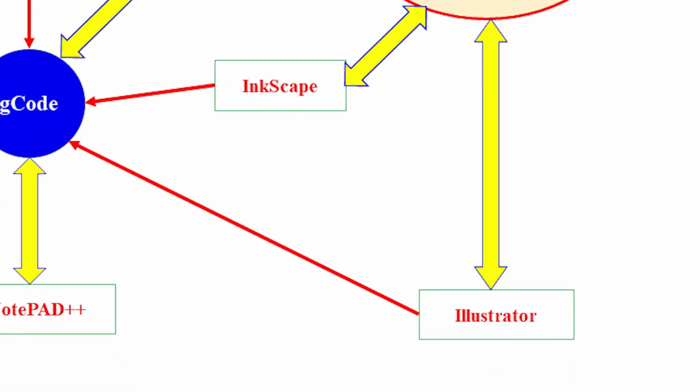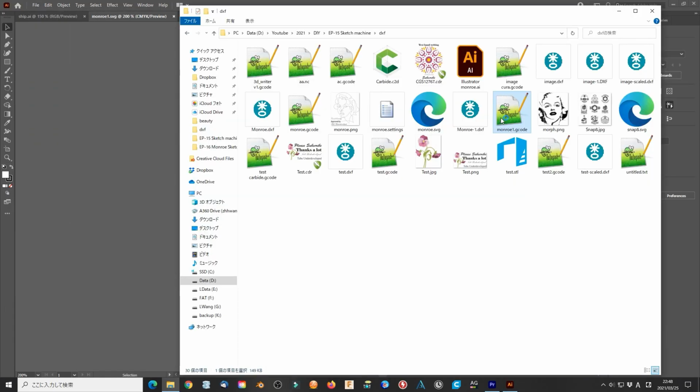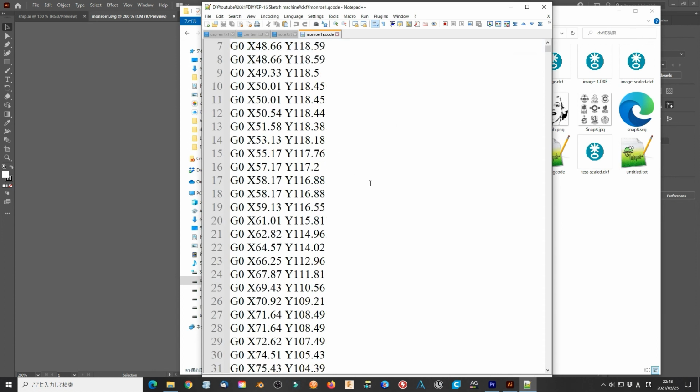Inkscape and Illustrator are both vector-based software. Inkscape is completely free, but I still recommend Illustrator. Not only is it almost the standard in the image field, but it also has a free script that can directly output the G-code file. This file only needs a little modification, then it can be used for 2D plotting.